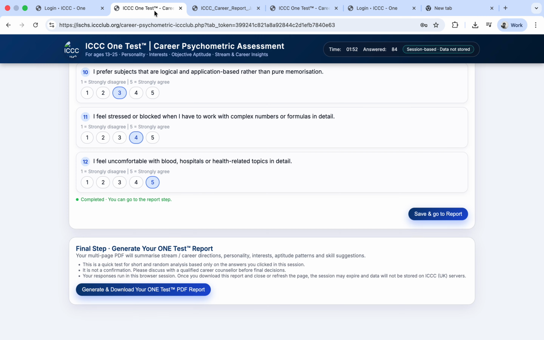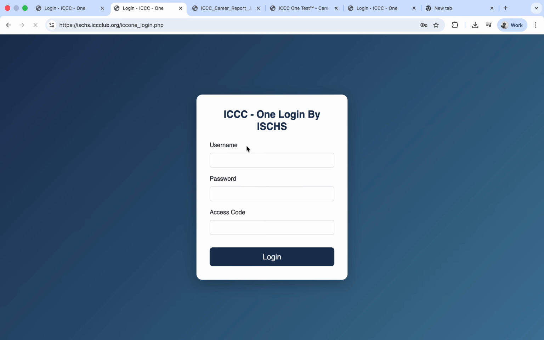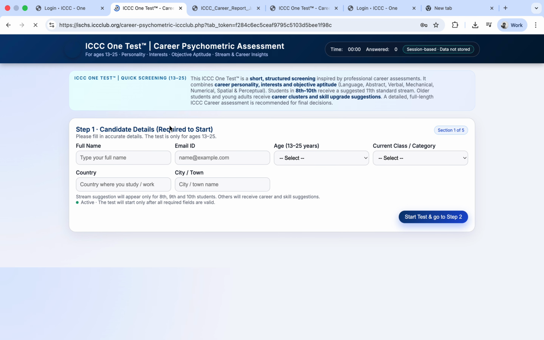Now, if you want to do the same test for 11th, 12th, that time you can even see different careers. So I'm again logging in here. Same way, you can go to the landing page and you can log in. So I'm entering the details once again here. Logging in. This time I'm going to the test here with the name. Okay, again let us bring Jack